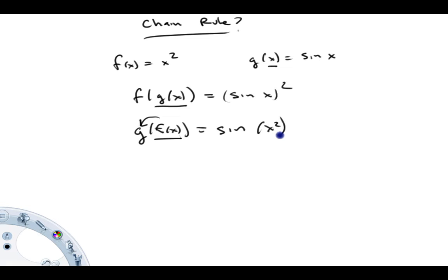Now, I'm going to just pick one of these, the first one here, and I'm going to give it a name. y equals sine of x squared, which normally would be written sine squared x, like so. We're talking now about differentiation of this function. When we differentiate this function,